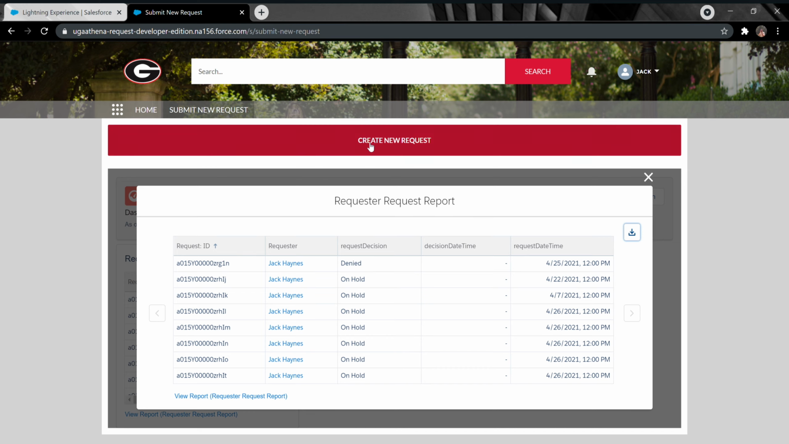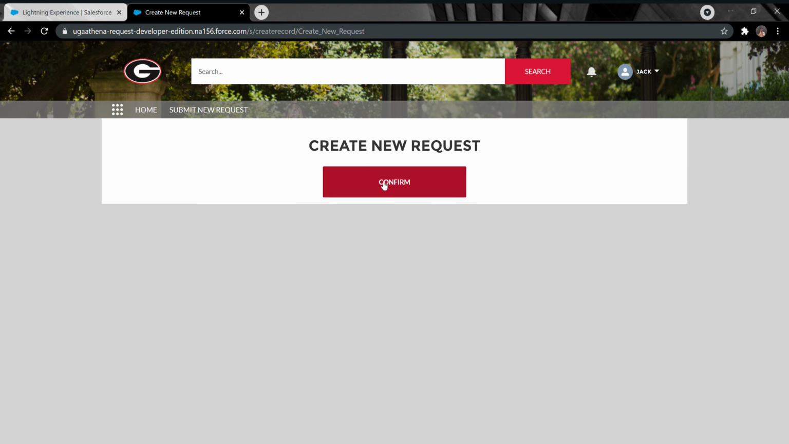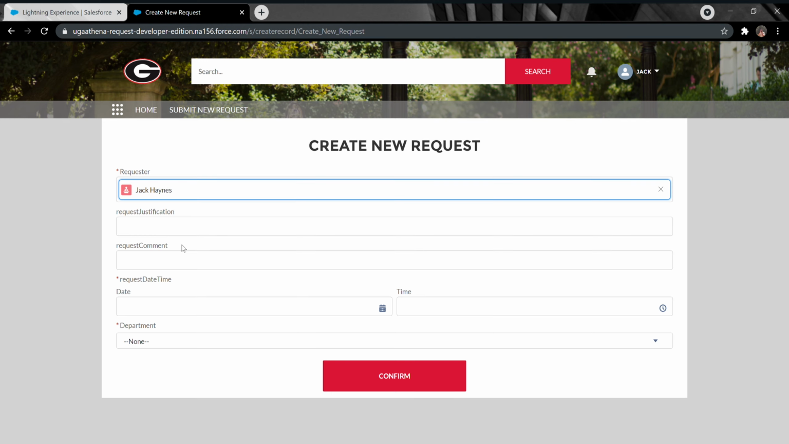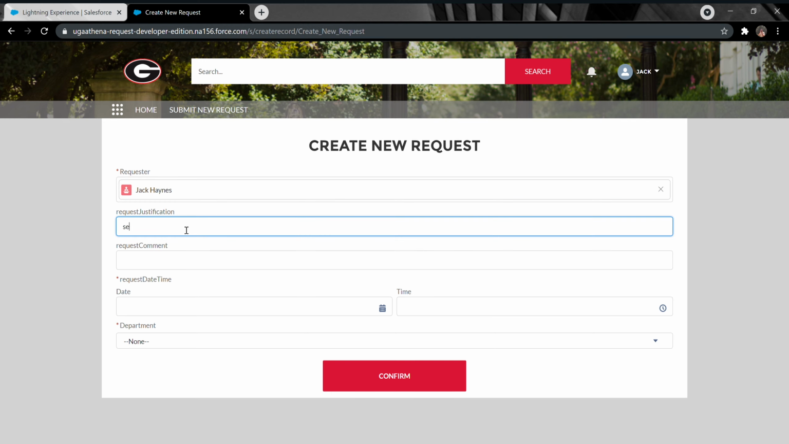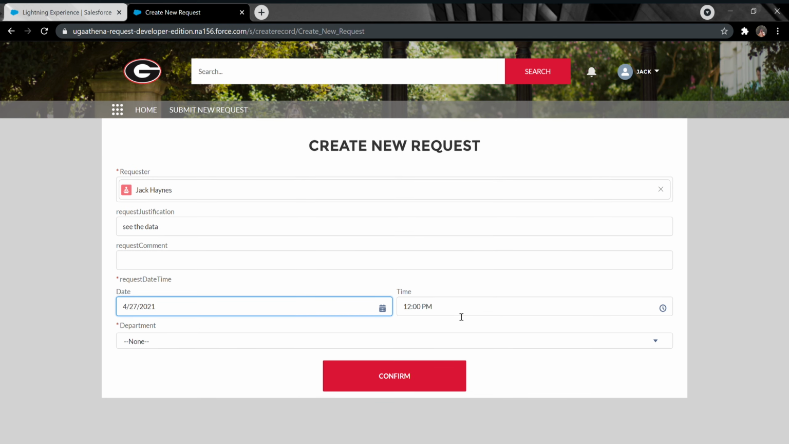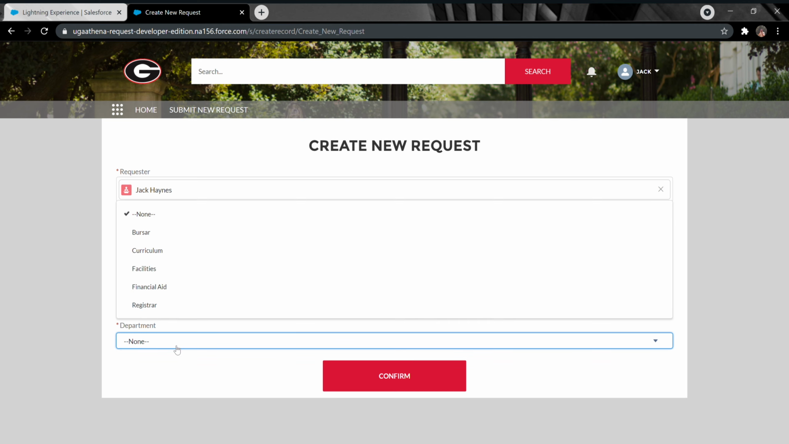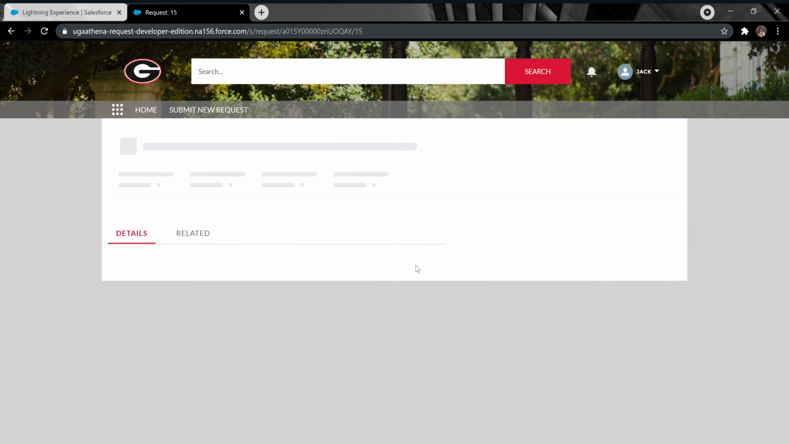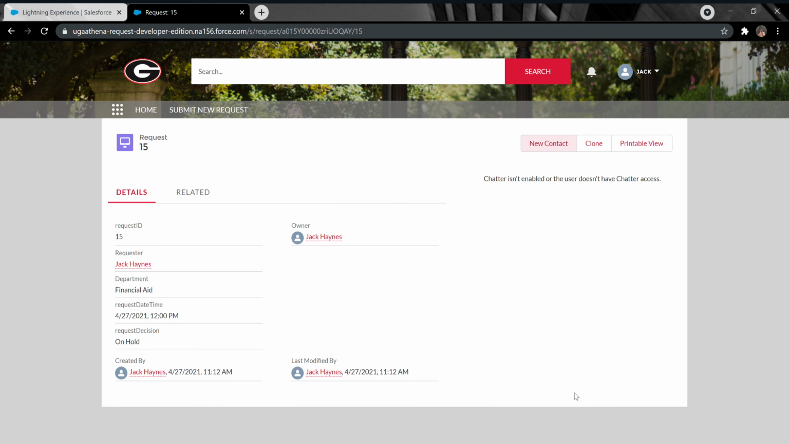If you click this Create New Request button, a form pops up. You can search a requester or create a new one, but in this case, Jack Haynes is our requester. We can say he wants to see the data, and a different date and time, we'll just do today at noon. Department, he wants to see financial aid, and you press confirm, and then it gives the detail of this new request that Jack Haynes has made. So that is it for Jack. I'm going to log out here,